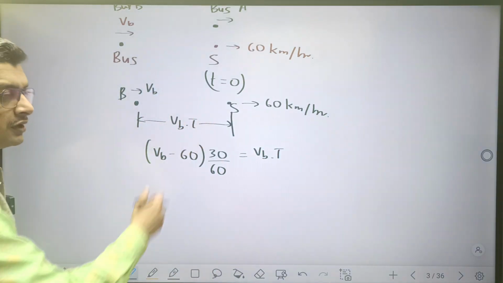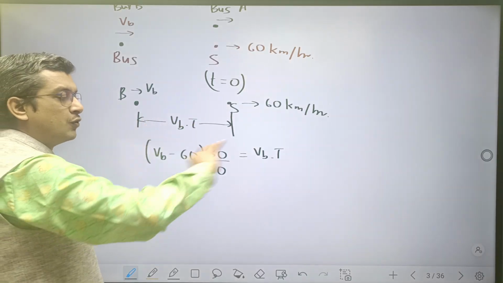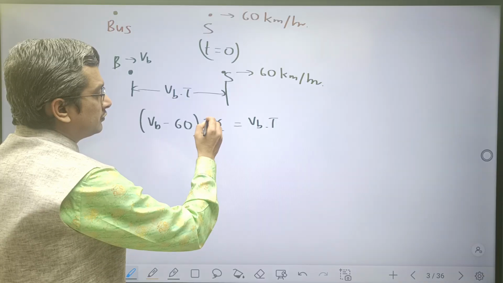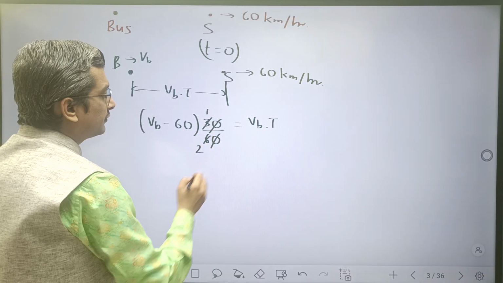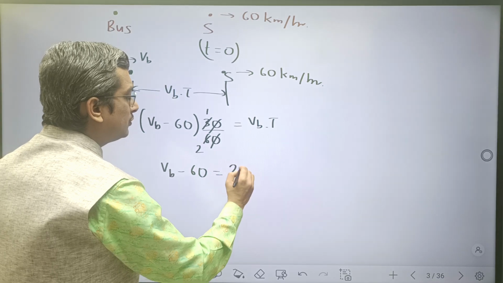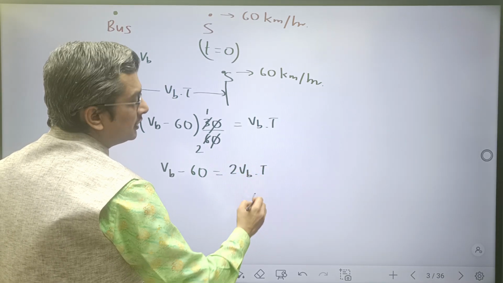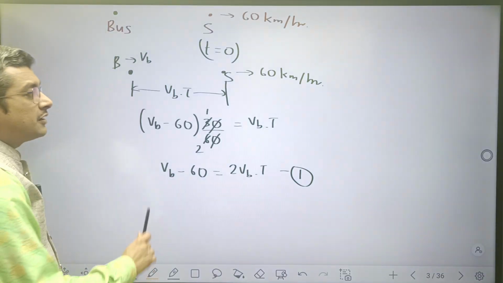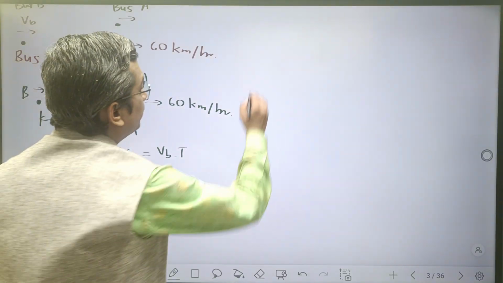So this is the approach of relative velocity where the two objects are moving along the same direction. So this gets cancelled. This is 3 ones are, this is 3 twos are. So this will be VB minus 60 is equal to 2 times VB into T. So this is equation number 1. And in the second situation, it is given that